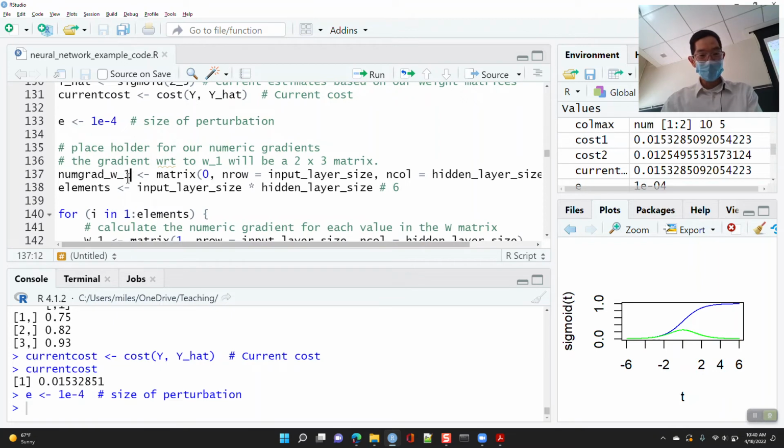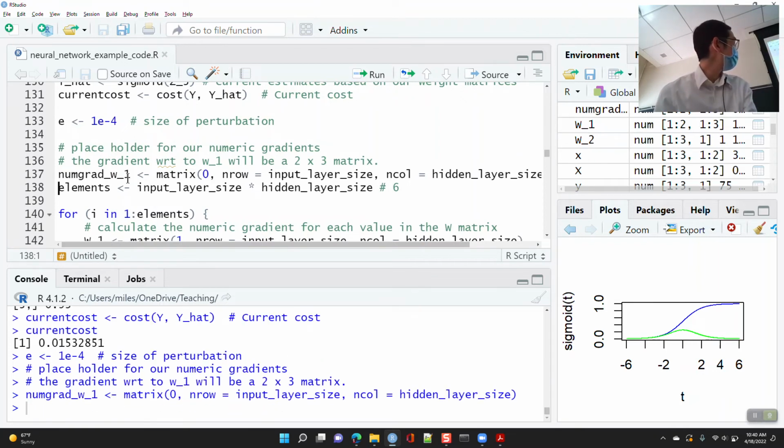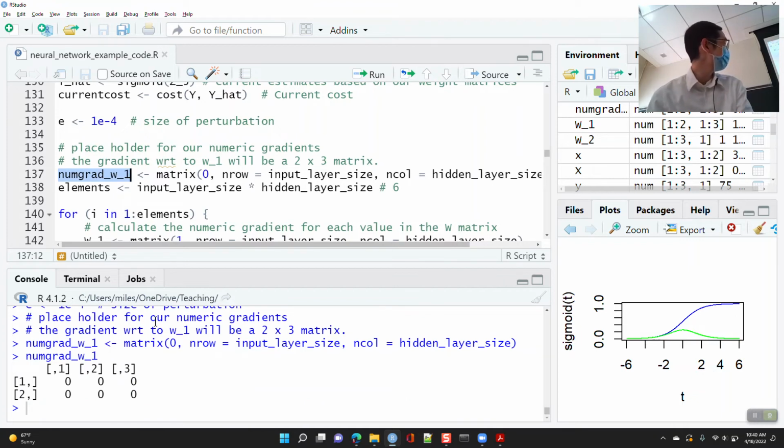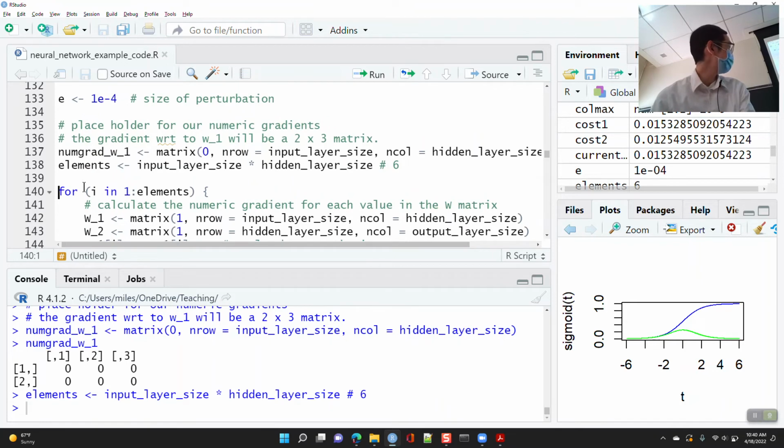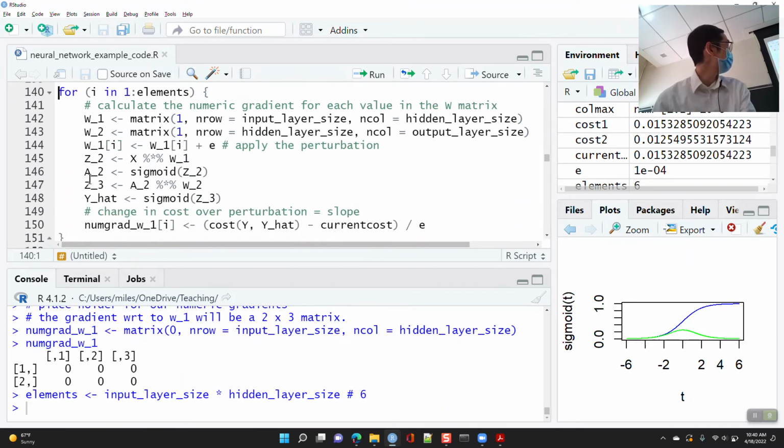So here I'm going to create an empty matrix to help me figure out the numeric gradient. Right now, these are just the elements of the numeric gradient. I've got 6 elements here. And so for the very first one, I start off with,